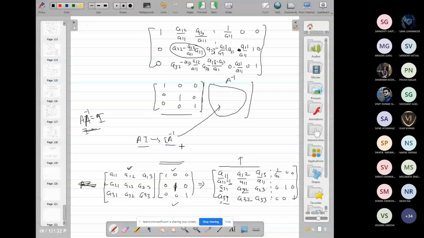So this is the Jordan method to find it; here there is no need to find the cofactor elements and adjoint of the matrix, and A inverse can easily be obtained. Then we can solve the given system of equations by the matrix inversion method: when we obtain A inverse, then X is given by A inverse into B. So it can easily be obtained.